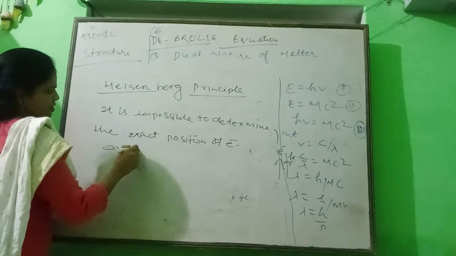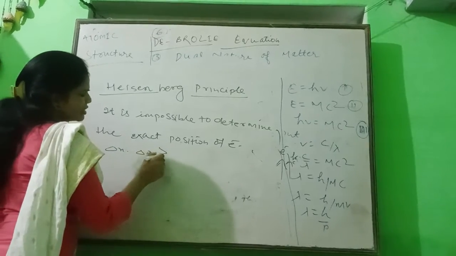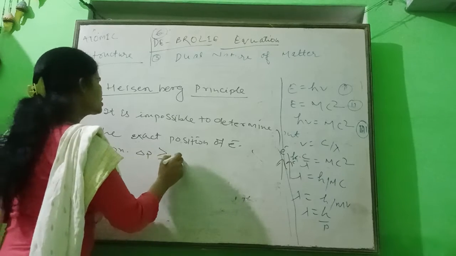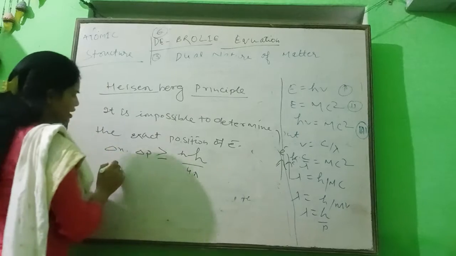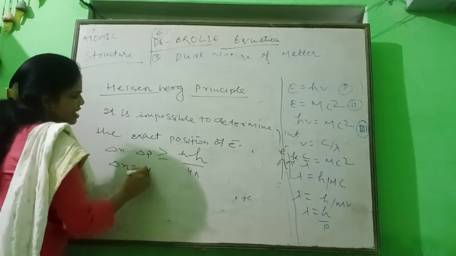Delta x into delta p is greater than or equal to nh upon 4 pi,